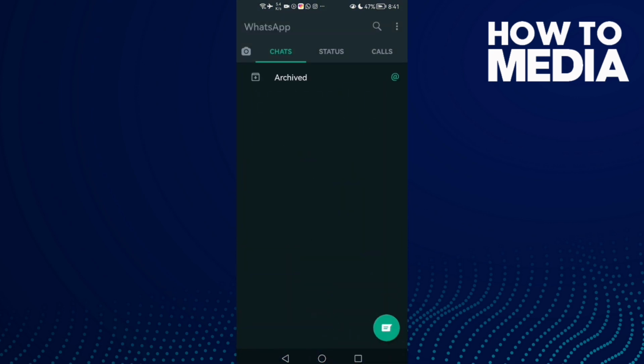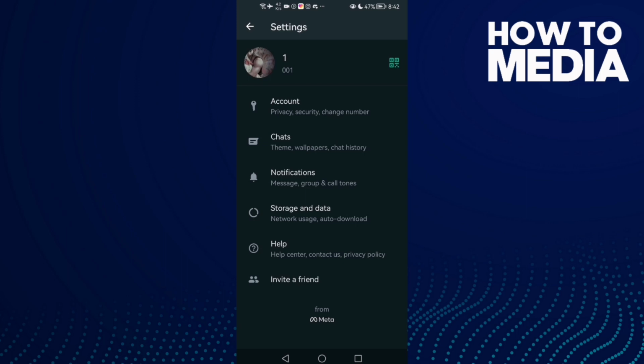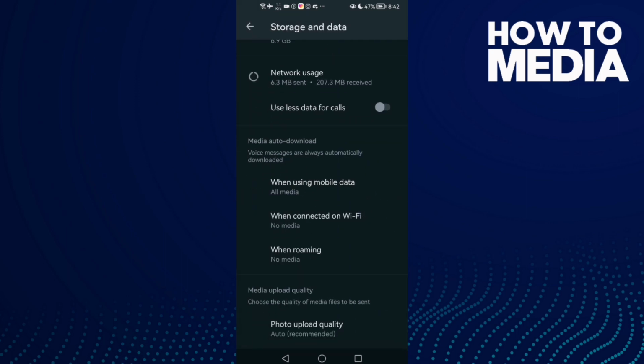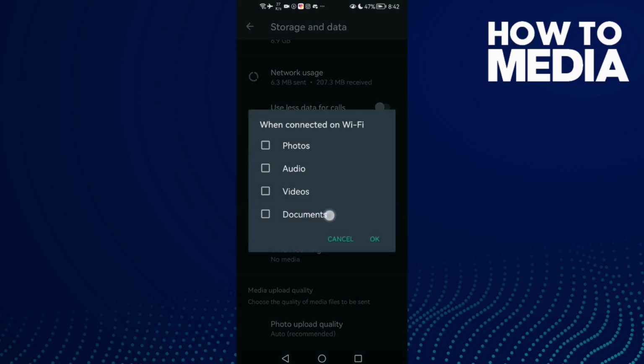First thing, go to WhatsApp and here you will find these 3 points in the top corner. Click on it and click settings. Here you will find storage and data. Click on it and click when connected on Wi-Fi, and here you will find documents. Just click on it and click OK,